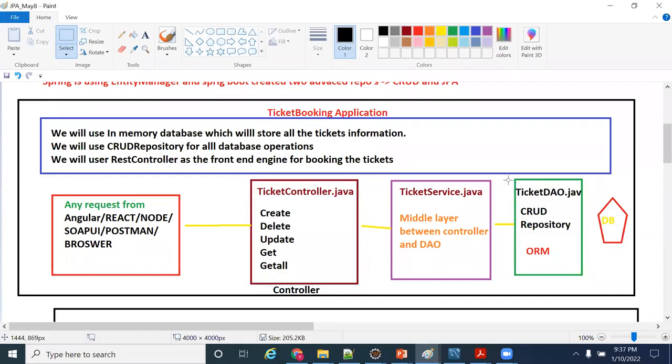DAO is connecting to the database. This DAO decides which database I'm connecting to, which is independent of service, and service is independent of controller. This is the architecture we are writing here. So our request goes through controller, service, DAO, and database.